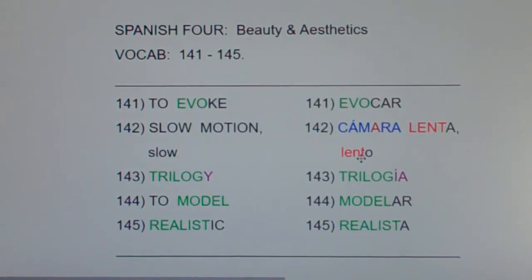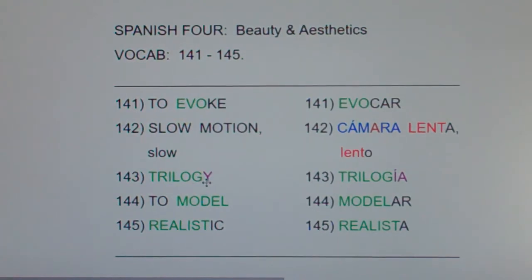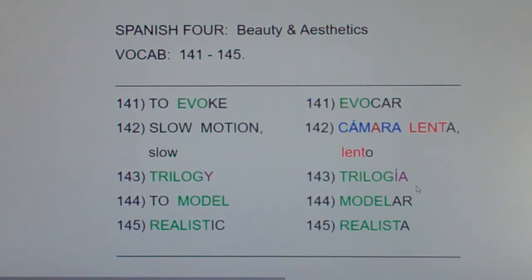Trilogy is trilogía. You've seen this a lot. When an English word ends in Y, in Spanish it turns into IA. Mary, Maria. Day, dia. History, historia. So trilogy, trilogía, like the Star Wars trilogy, a group of 3 stories. No one's going to miss